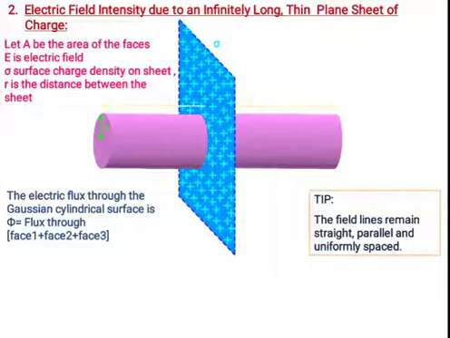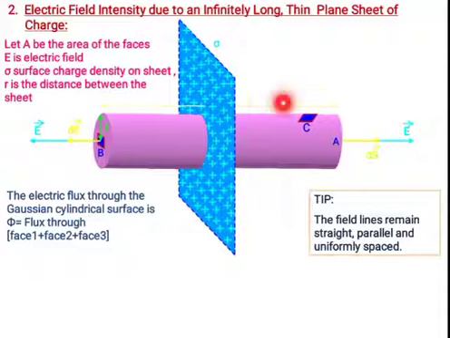Then what will we get here? Suppose we consider this face A and this other face B. Carefully see the electric field and the direction of the area element ds at B and at A: both are the same at this face. This is a cylindrical face. At this face and at this point it is the same. The angle between these two is 0.